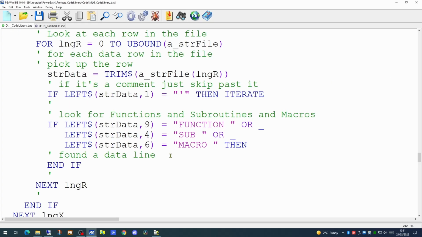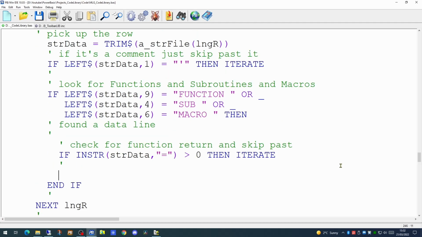And we're testing for the word function, sub or macro with a space after it. This should allow us to pick up the beginning of the routine. In certain cases, when a function is returning a value, you will do function equals and then the value. So we don't want to pick up those as the beginning of a functional routine, and we'll just look for the equals in the row. After equals exists, we'll again iterate.